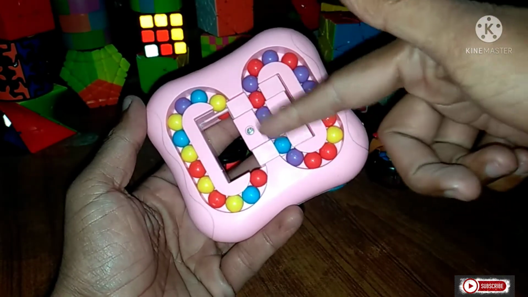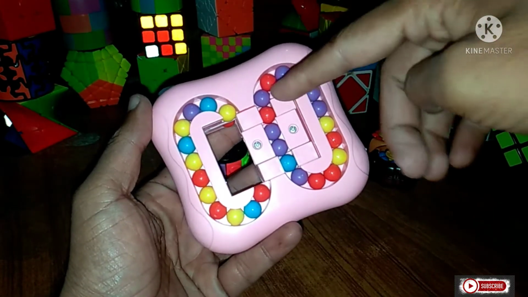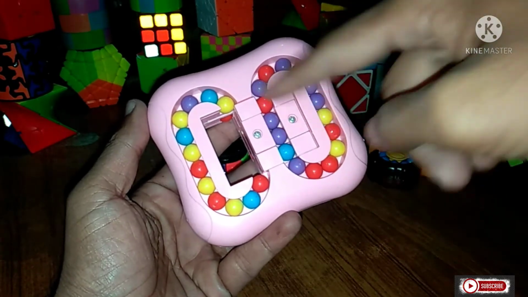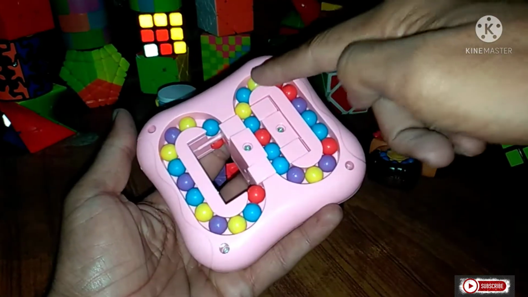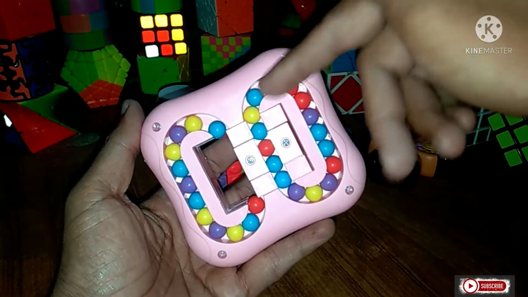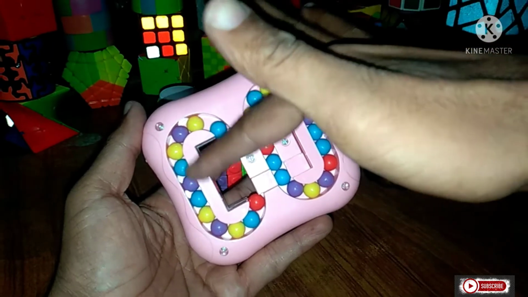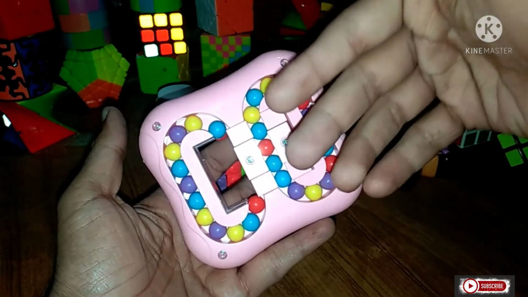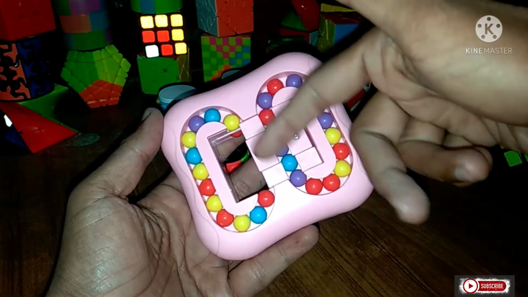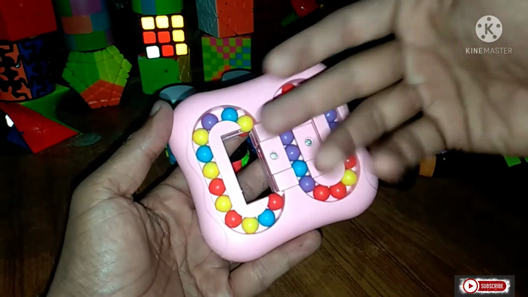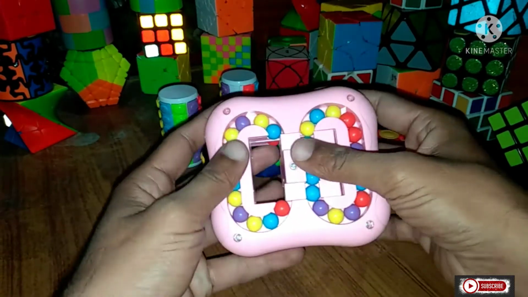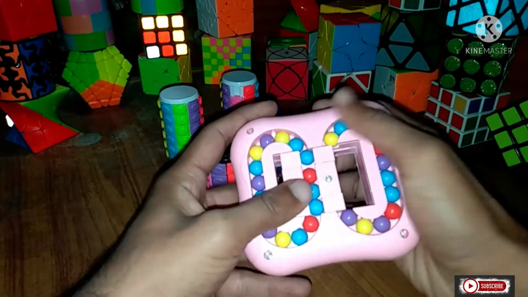Okay, so I have scrambled my cube. When we start to solve this cube, our first step, we will select any two colors that we will save in this position, and we will separate any two colors on this side. For example, if I select red and yellow, I will collect all red and yellow in this position and then I will arrange these. Similarly, if I select blue and yellow, I can collect blue and yellow on this side. So this is our side 1, this is our side 2, and we will replace our piece from side 1 to side 2 by using this middle slot